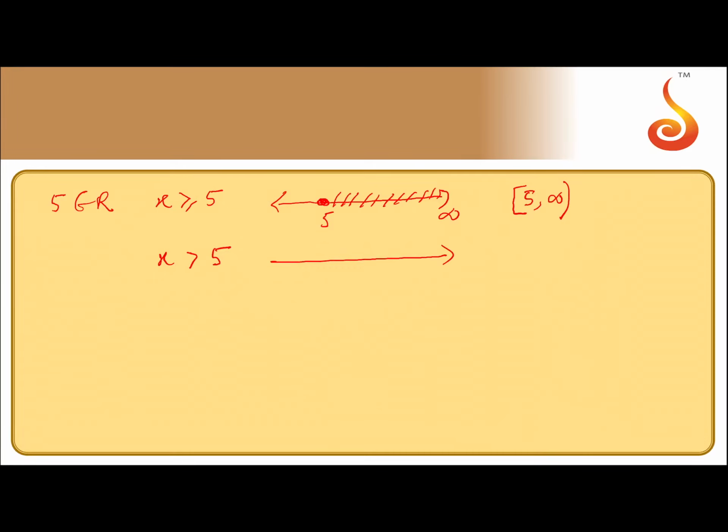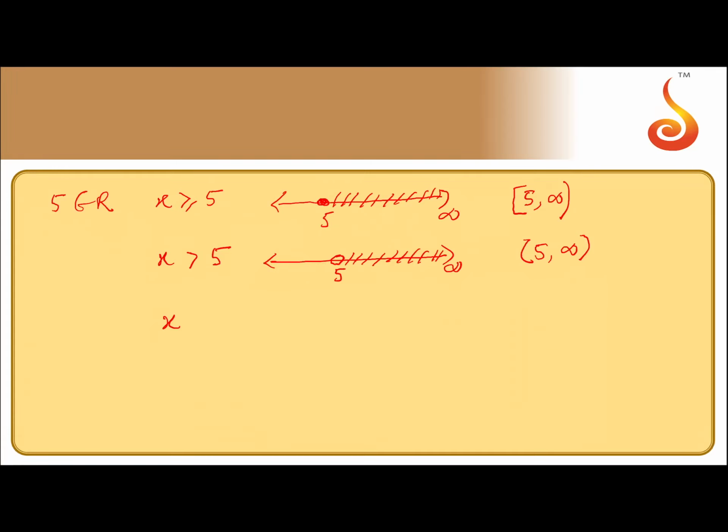As an example, if I consider that 5 is a real number, the set of all numbers x greater than or equal to 5 is represented geometrically like this, including 5 and all the numbers greater than 5 up to infinity, and as an interval this is written as closed 5 to open infinity, [5, ∞). And x greater than 5 is written like this on the number line: (5, ∞), all the numbers from 5 to infinity excluding 5, as an interval open 5 open infinity.